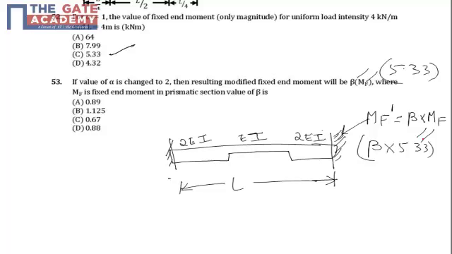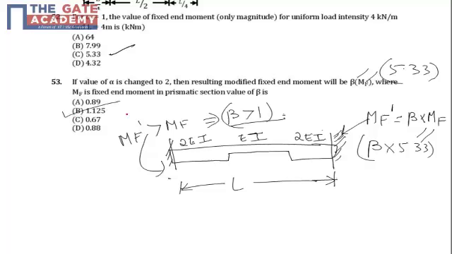Now whenever the ends are stiffened, that is done to increase the value of fixed end moments, and to increase the value of fixed end moments, obviously beta has to be greater than 1. You can solve this question by using the conjugate beam method, but exact analysis will be quite subjective for this 2-mark question. So here you have to apply some brain that okay, now ends are stiff, that means value of MF dash has to be greater than MF, which implies beta has to be greater than 1, which is only and only given in option B. So value of beta has to be 1.125.